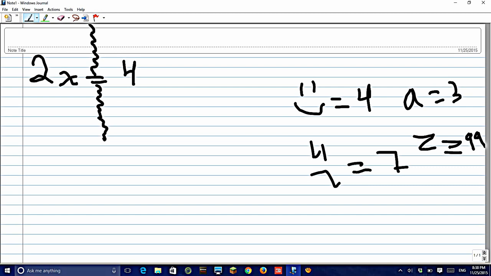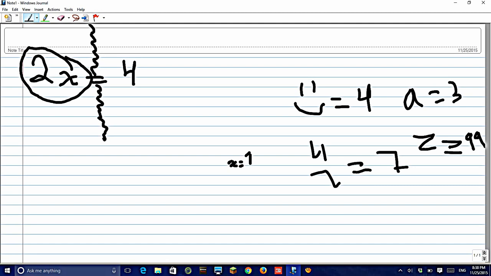and if you see here, there is a 2 in front of the x. What this means, what every term on this side of the equation means, is that whatever number this x is representing, you're gonna have to multiply it by 2. For example, let's say x equals 1,